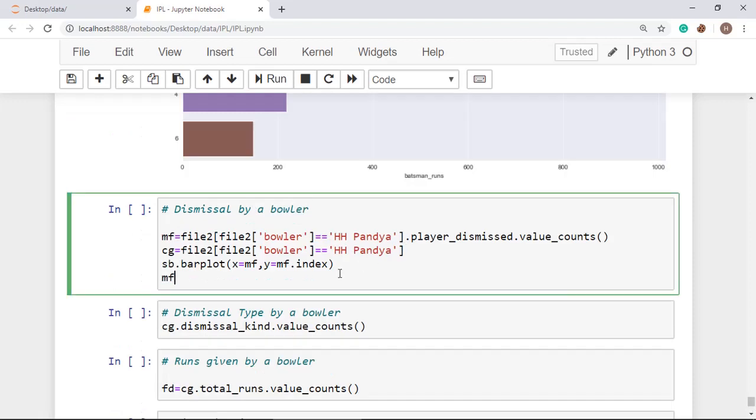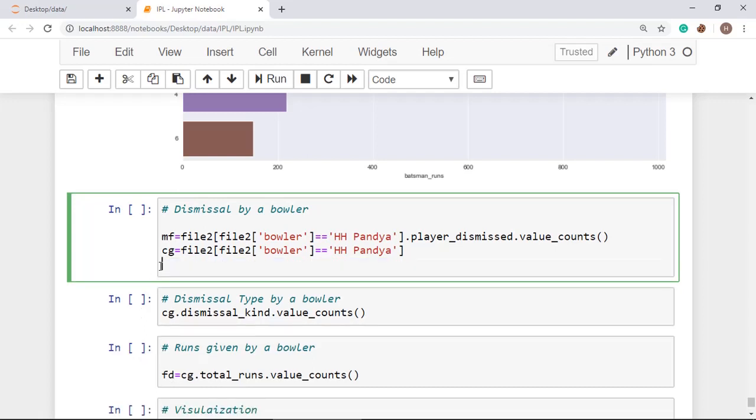Now dismissal by a bowler means we are going to find out how many times a particular bowler has made dismissals. So when we do this, and I am removing this one, I just want to first plot this thing. So I want to place print CZ.